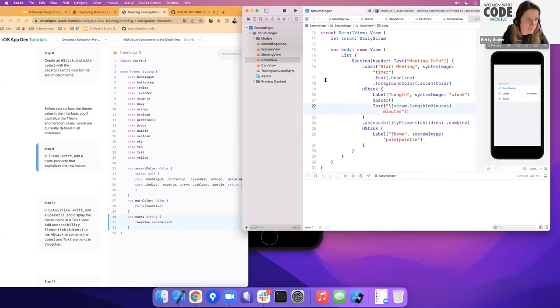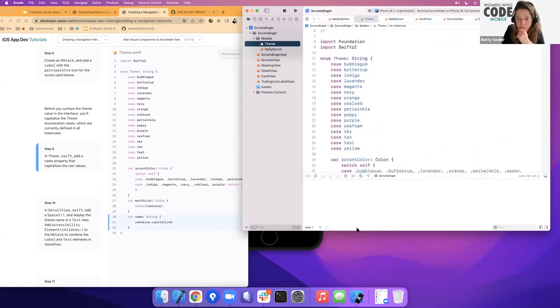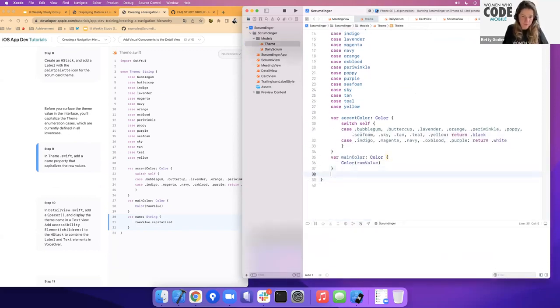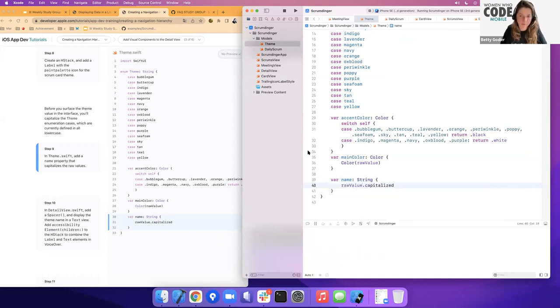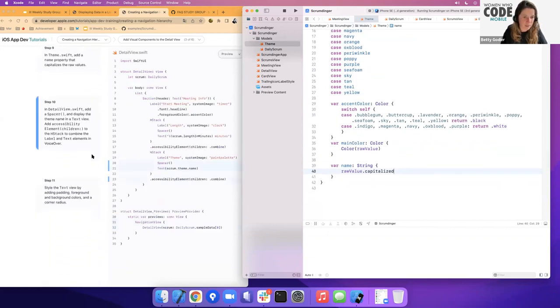So it's better to add a variable in the theme here, in what they call the model, more than the MVC part. So here we add a name property that capitalizes the raw value. So var name, it's a string, it's a reactive variable with capitalized. Now we can